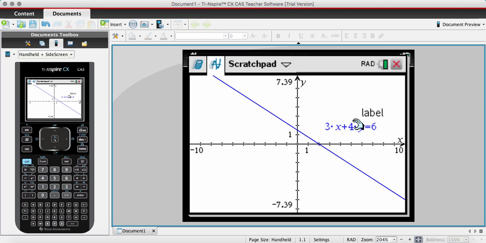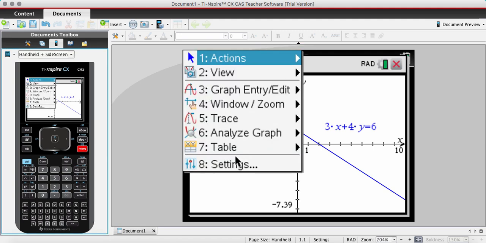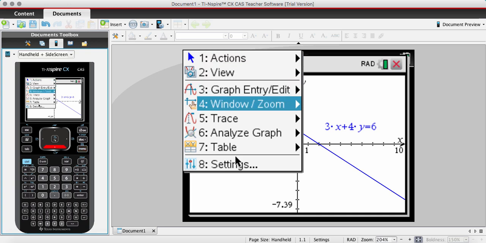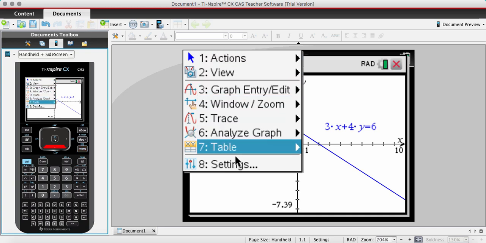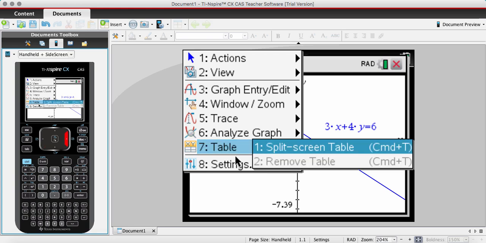Now you can tell some different parameters from this. The only thing is, you can't see your slope. You can't see about where your y-intercept is. The one thing that you could do is look. Let's say I wanted to look at the table in this case. So this is the reason why I don't want you to simply be able to graph in standard form. I want you to be able to convert from standard form to slope-intercept form, because when you look at the table and it has a split screen,